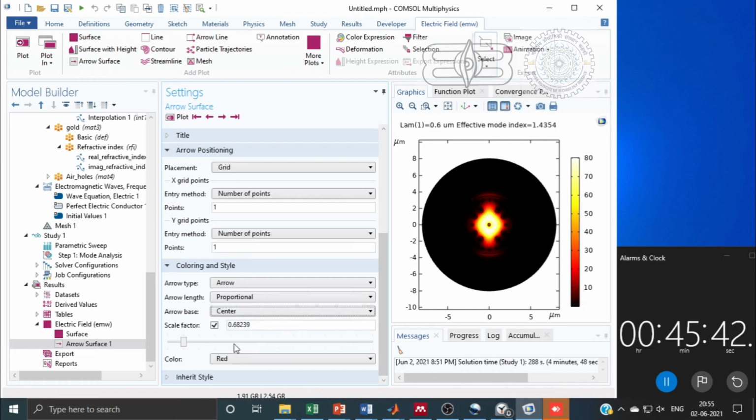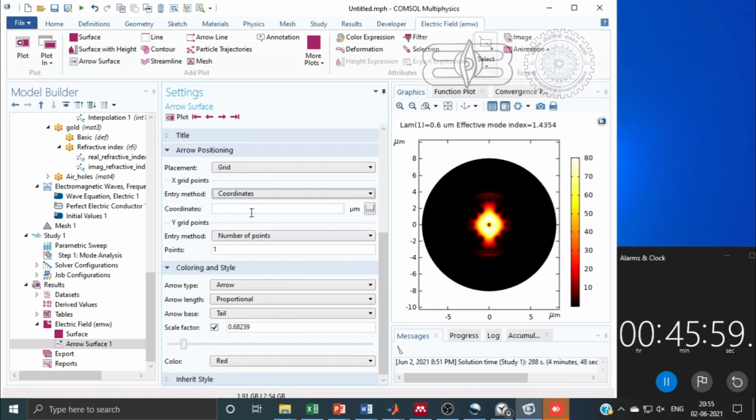We will adjust these by changing arrow type, arrow connections and all. So I have changed this point to 1 and from 15 to 1.